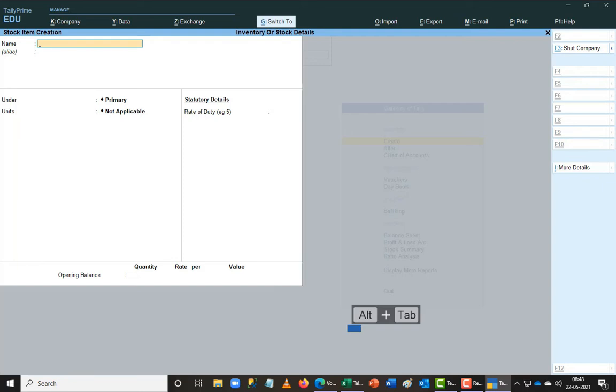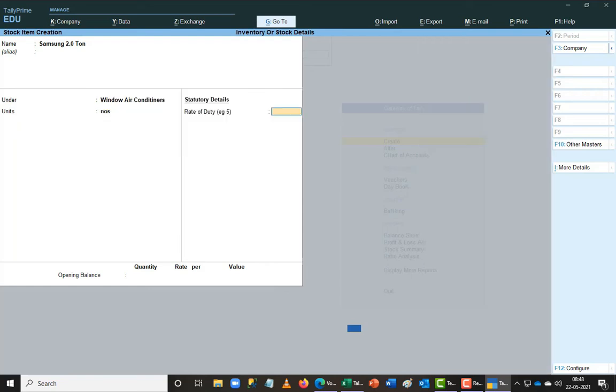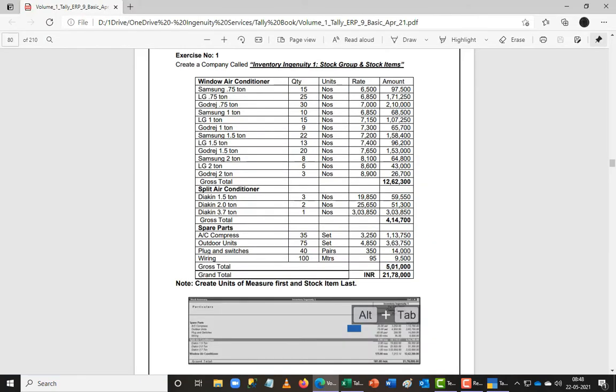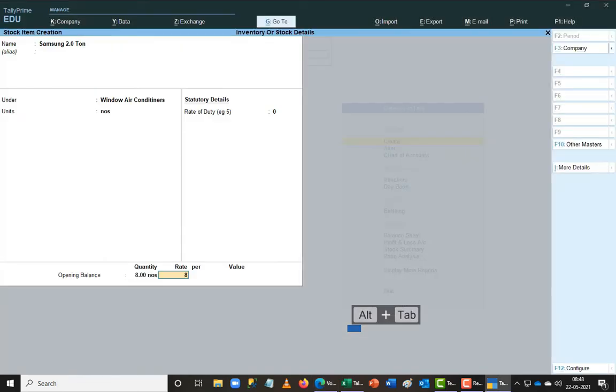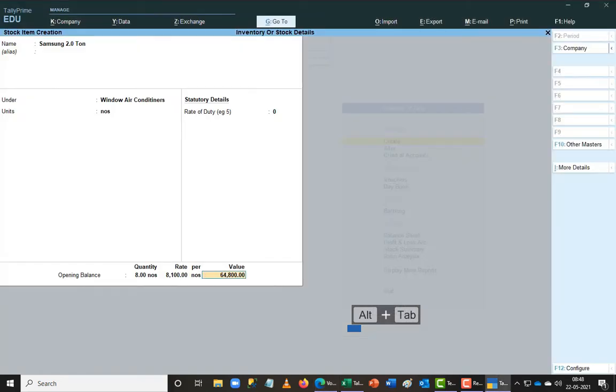Already Prime does a lot of work faster, but I'm trying to make it even better. This is a hack that we use in Tally, even in the oldest version possible. I started using Tally in version 6.3. That is the first version that I learned in my career, when I was in my second year of college. At that time, I learned this trick from one of my